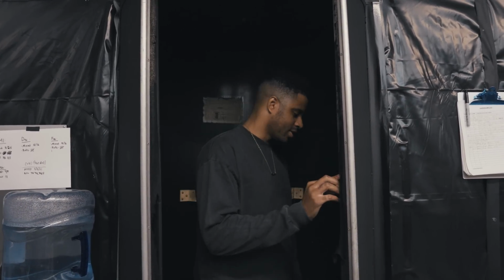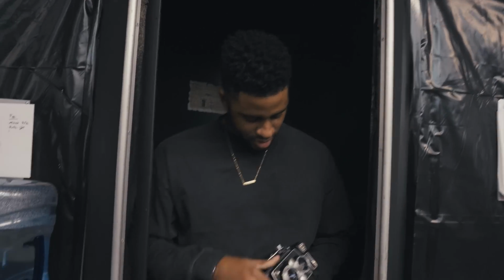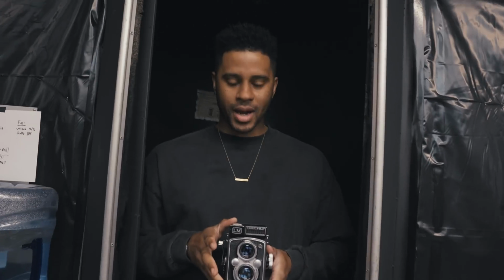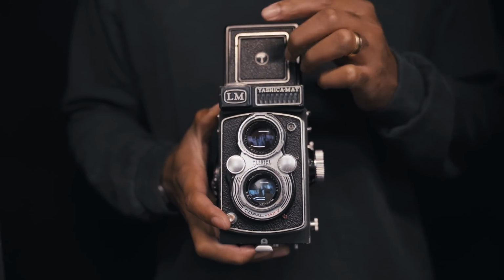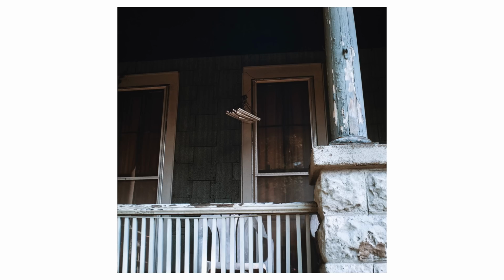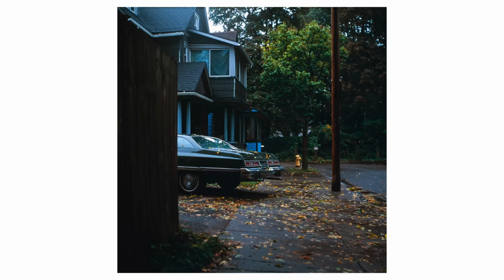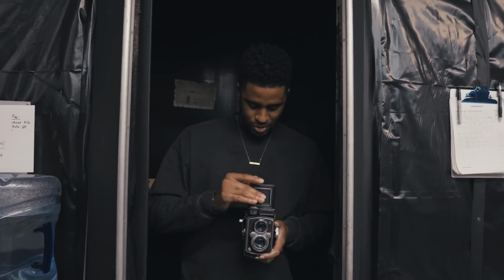All right, hold on one second. Well, it's actually your Pentax, so give it up. No, I'm just playing. Yashica Mat, this LM. Got it for super cheap at like a little market or something, and I just wanted a 6x6 format because I think it prints perfect, and I'm digging Vivian Maier's work right now, and so you can sneak in those